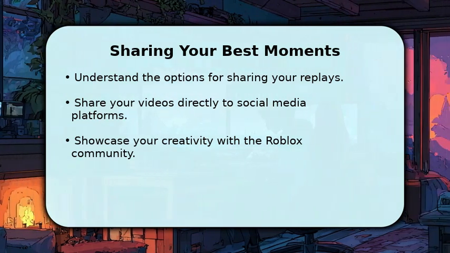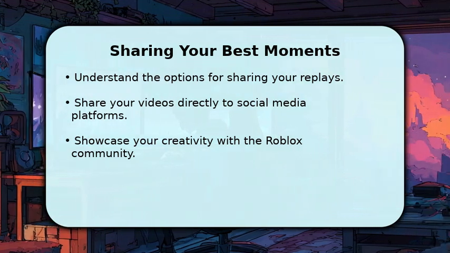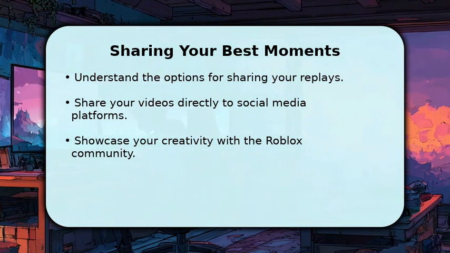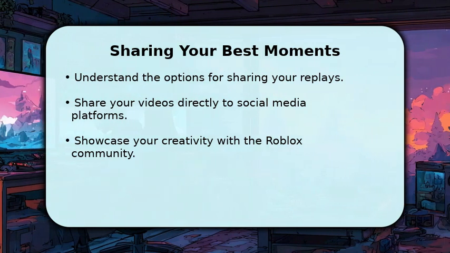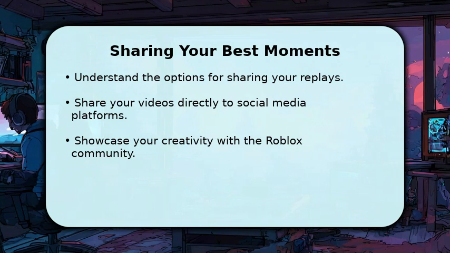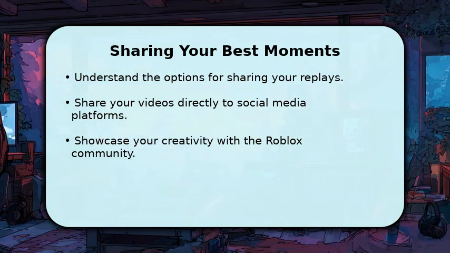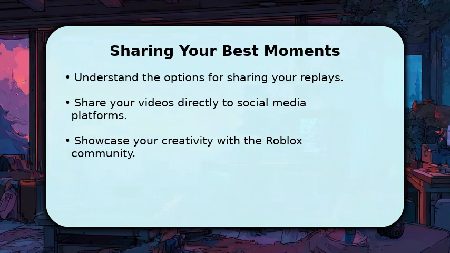From the replay menu, after selecting and refining your video, you'll find options to share directly to popular social media platforms such as YouTube or X. You can also save the video file locally and upload it manually wherever you prefer. This allows you to showcase your creativity and connect with friends and the wider Roblox community,